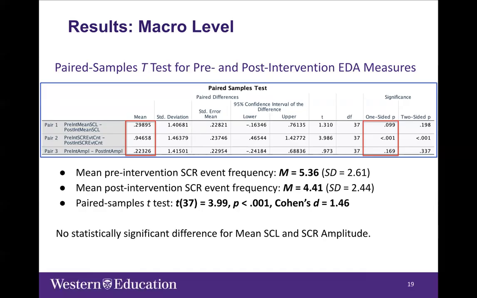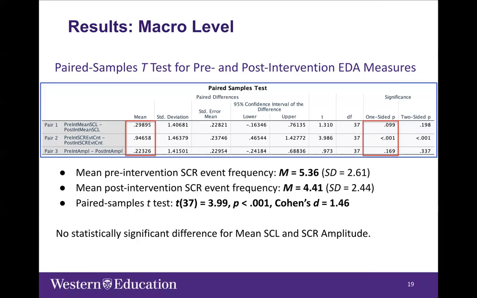A paired samples t-test showed a statistically significant decrease in SCR event frequency after the music intervention. The event frequency dropped from 5.36 to 4.41. This difference was significant at p-value less than 0.001 with a large effect size. This suggests that participants had fewer moments of strong emotional activation after the music, supporting the idea that music helps